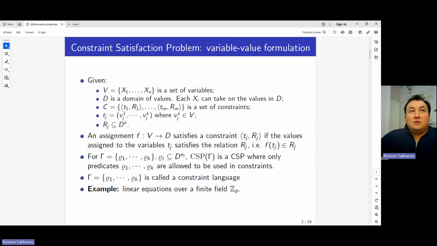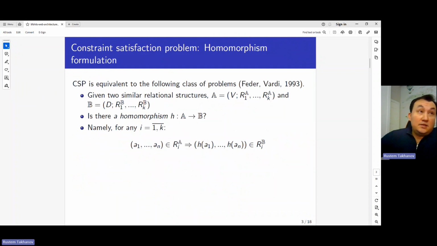Each constraint is just a pair in which the first element is a tuple of variables, and the second element is a relation over the domain D. So we have to assign variables to their values in such a way that for each such tuple, the assignment should be in the corresponding relation. This is the common definition in the variable value language, but we're actually going to use a slightly different definition,